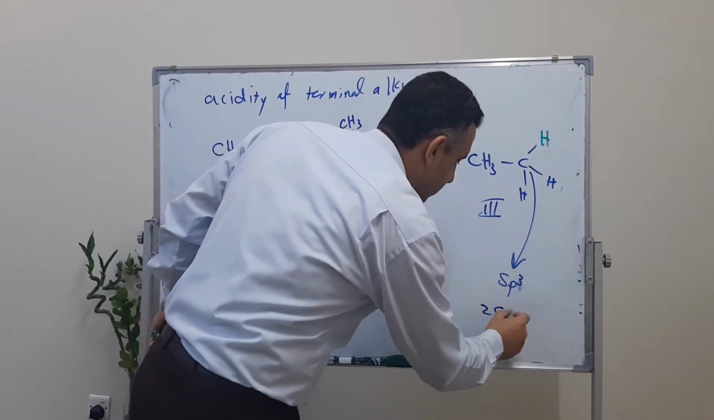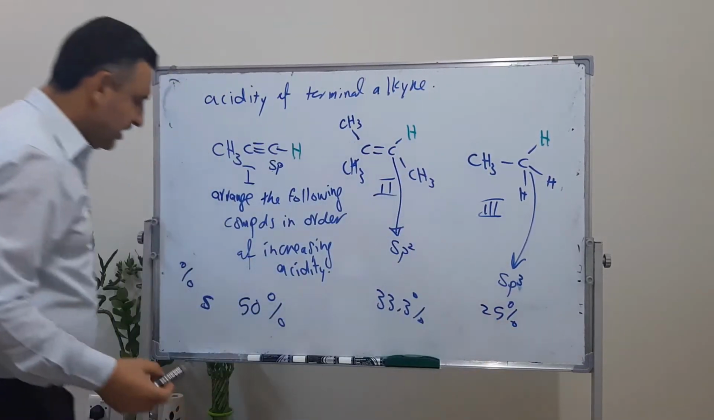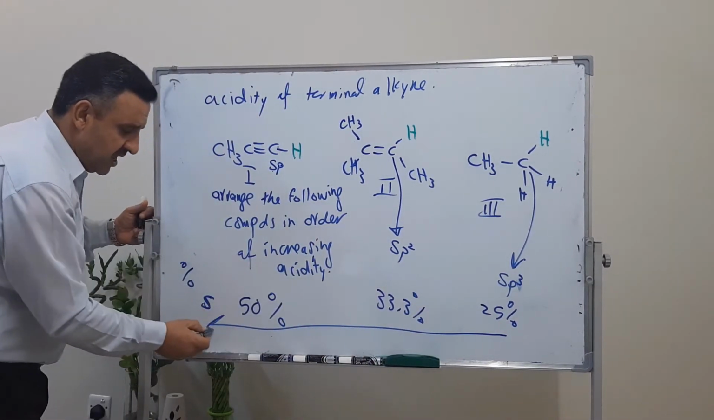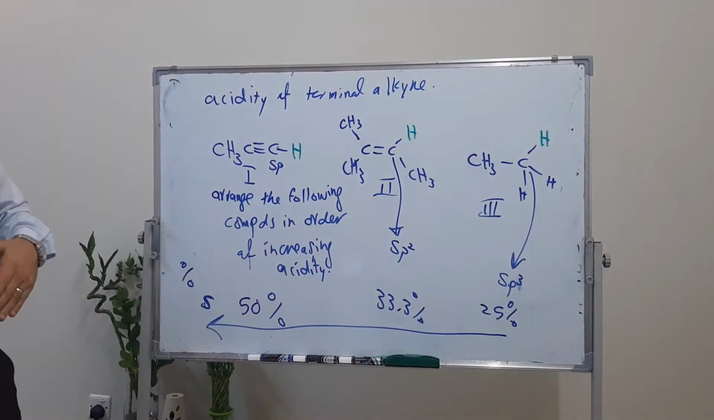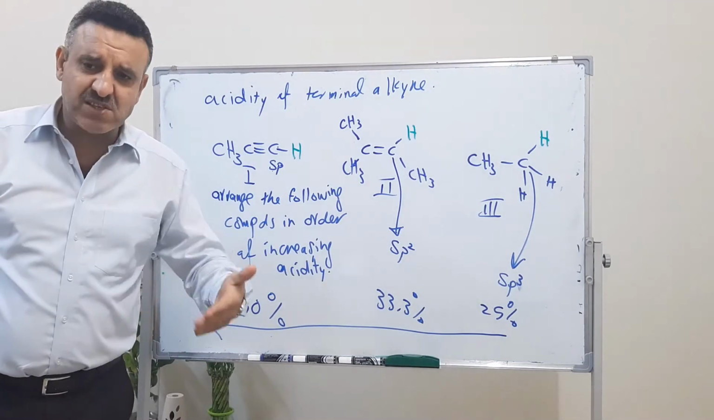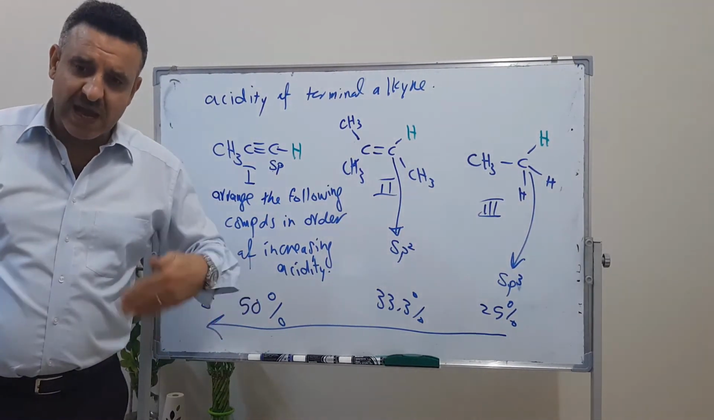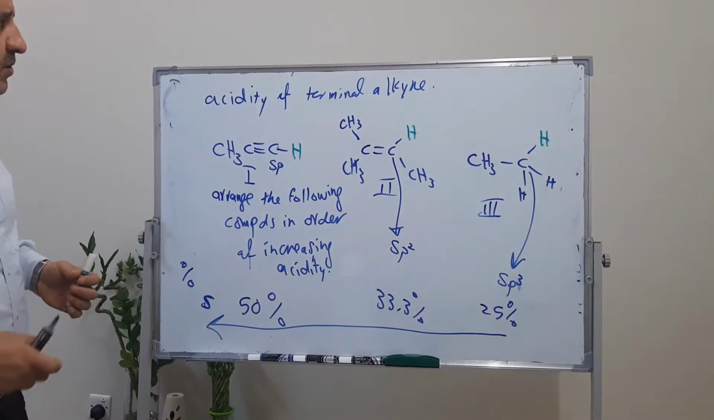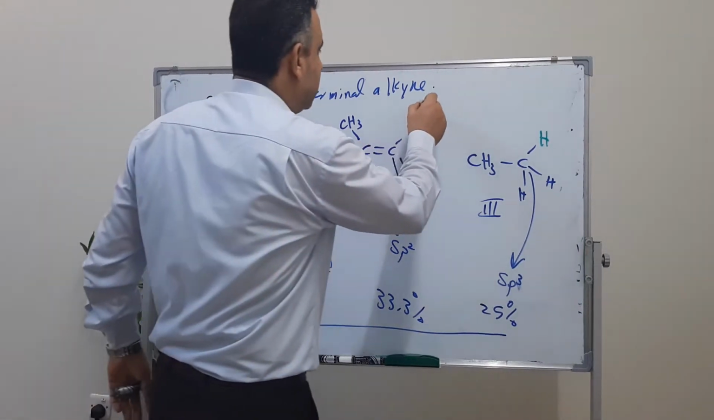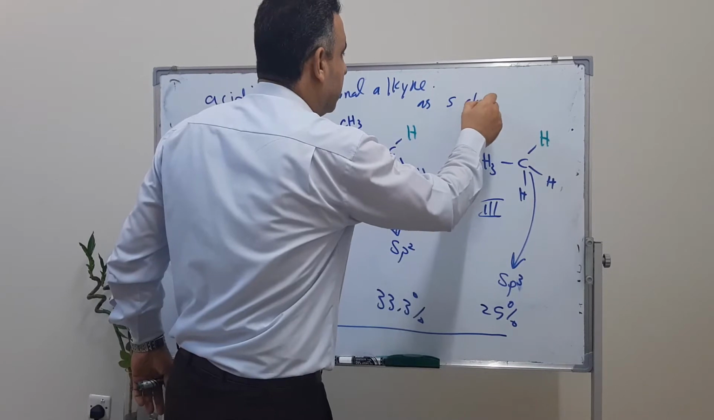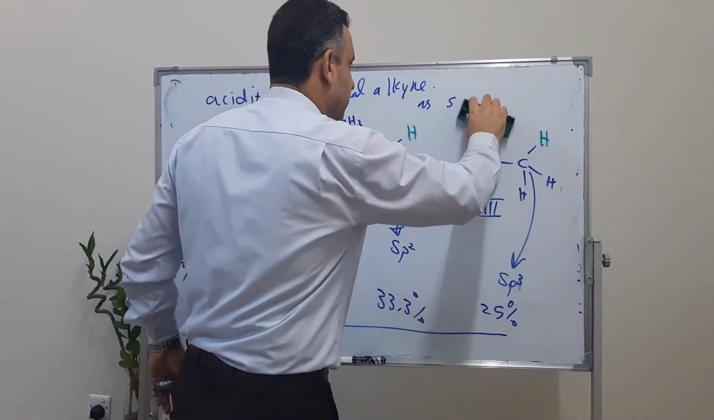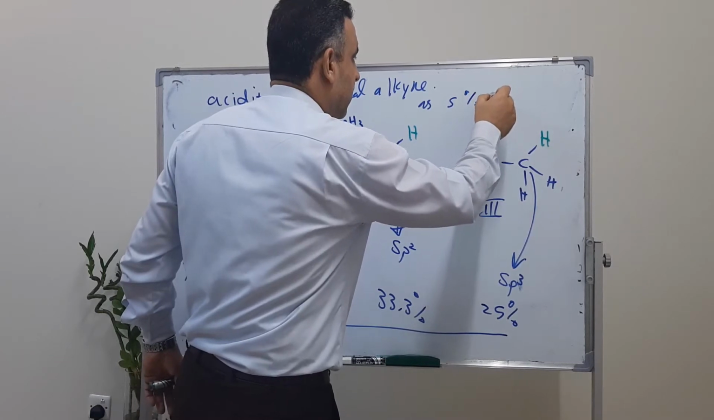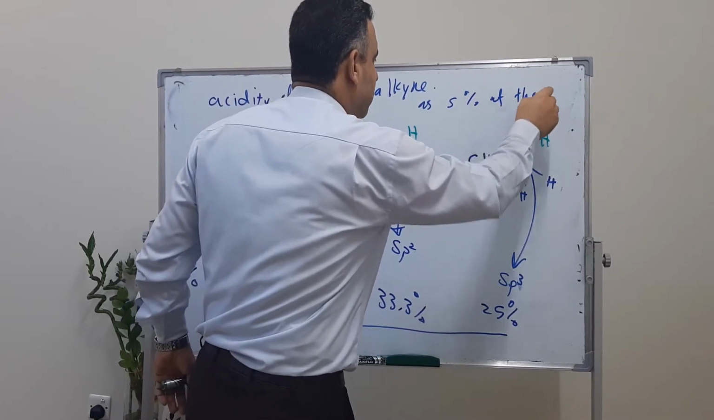25%, right? As you can see here, as the s character increases in the hybridized orbital of the atom attached to the hydrogen, simply acidity increases. And this is always true. So as the s character, or percent, of the hybridized orbital